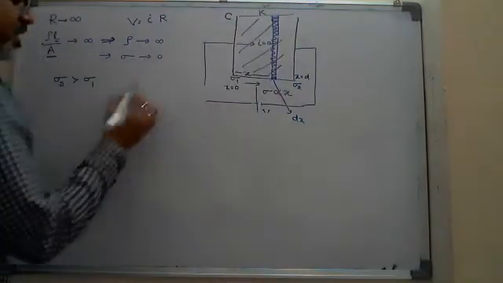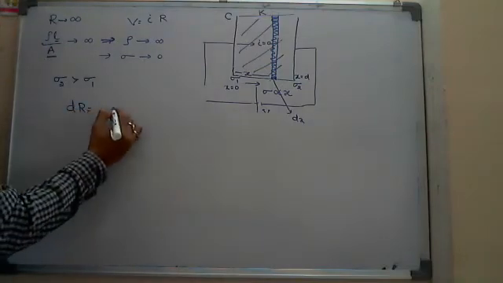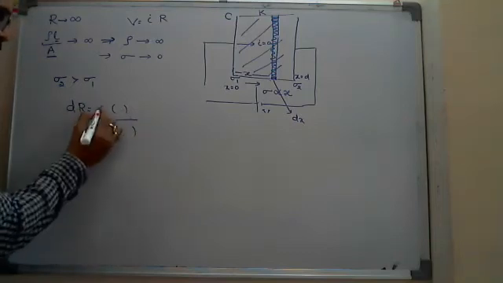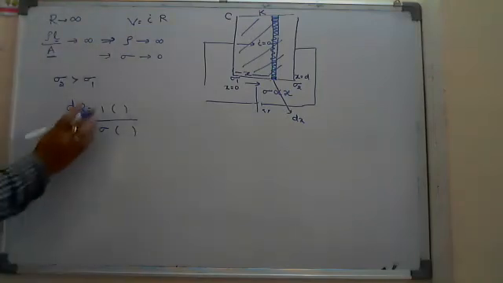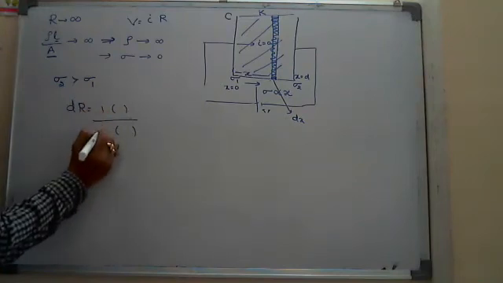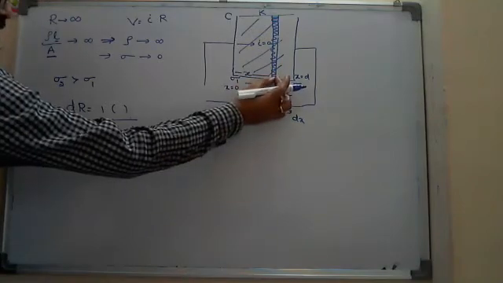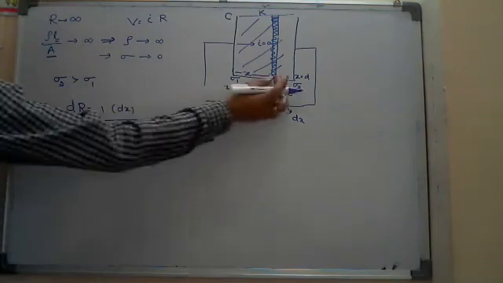if I know the sigma value in this strip, then directly I can write the resistance of that part, dR equals ρL/A. Rho means 1 by sigma. Resistivity and conductivity are inversely proportional. So here conductivity is given, so instead of rho, I am writing 1 by sigma. What will be the length of this part? That I already assumed as dx.